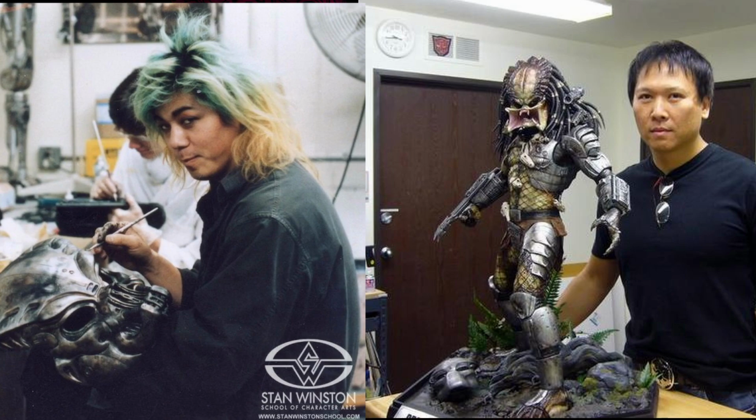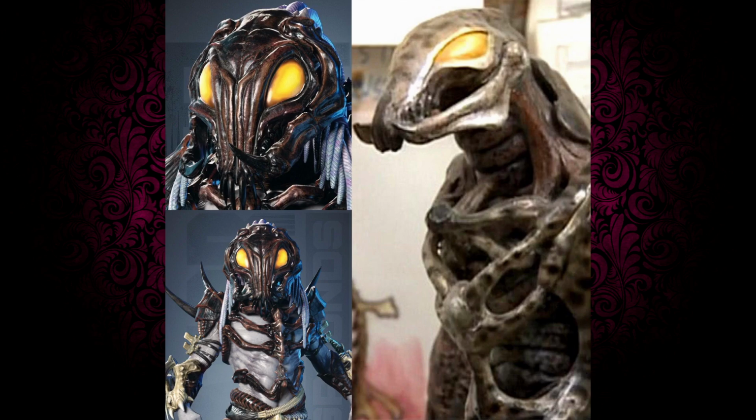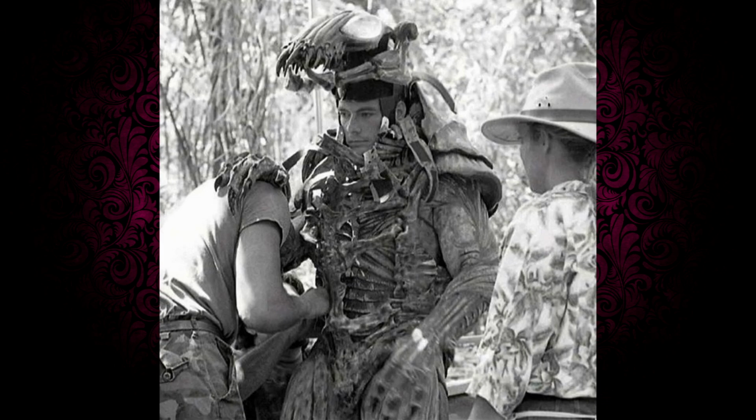In fact, some of the people that worked on this and directed this are practical effects legends, Screaming Mad George and Steve Wang. Both of the directors worked on the original Predator outfit, which I think was the one before the one we got, and then they worked on that one too, because there was one that looked like an insect that Jean-Claude Van Damme was going to be in, and then that didn't pan out. Screaming Mad George also worked on Nightmare on Elm Street 3, Spaceballs, Children of the Corn 3,